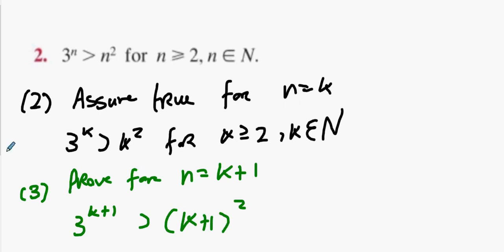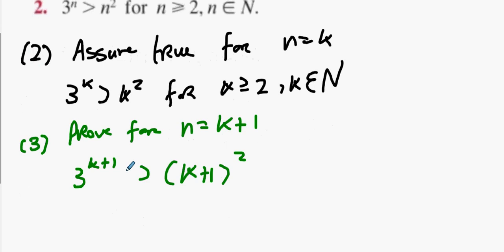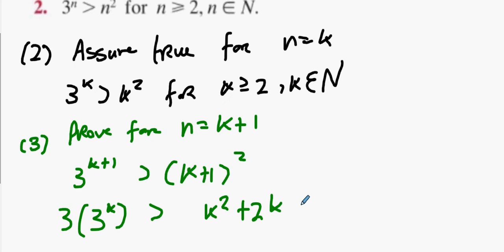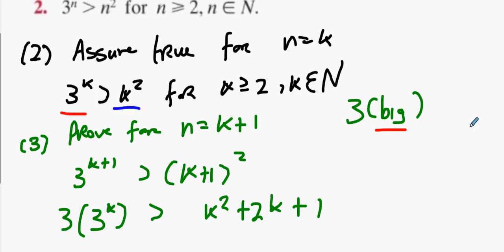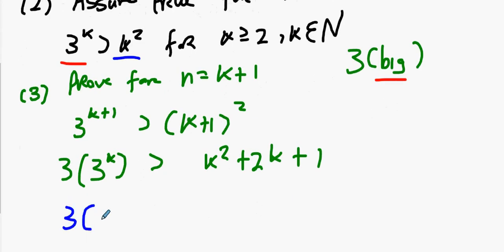Now, the problem here is they're speaking two completely different languages to each other. So it's 3 times 3 to the power k, everybody agree? And that's greater than, square that out, and that doesn't help matters at all. But here's what I'm saying from earlier. 3 times a big number, the red one's the big number, the blue one's the small number, and if I replace that with 3 times k squared, and I prove that 3k squared is bigger than that, that must mean,